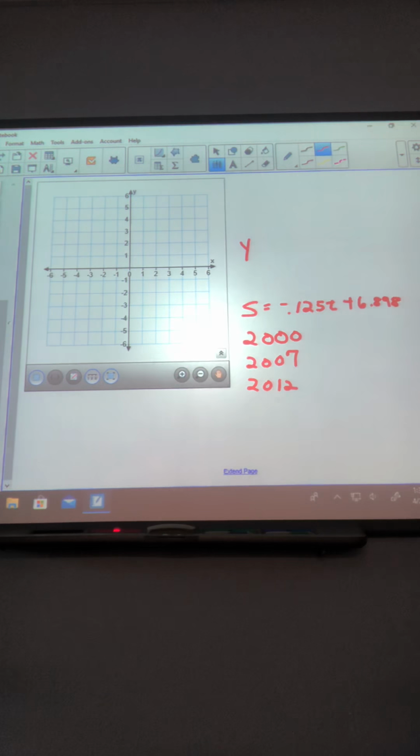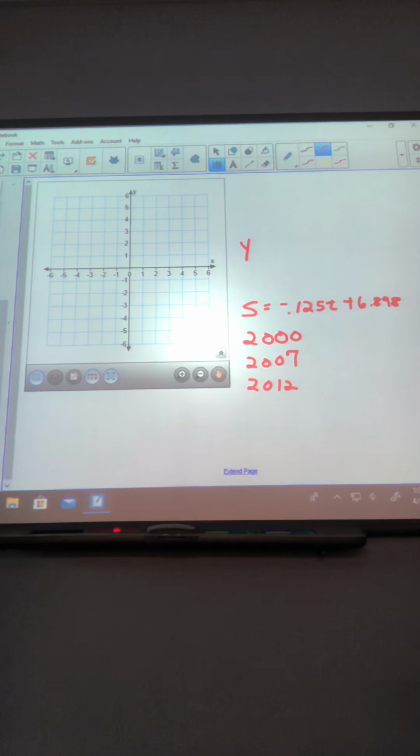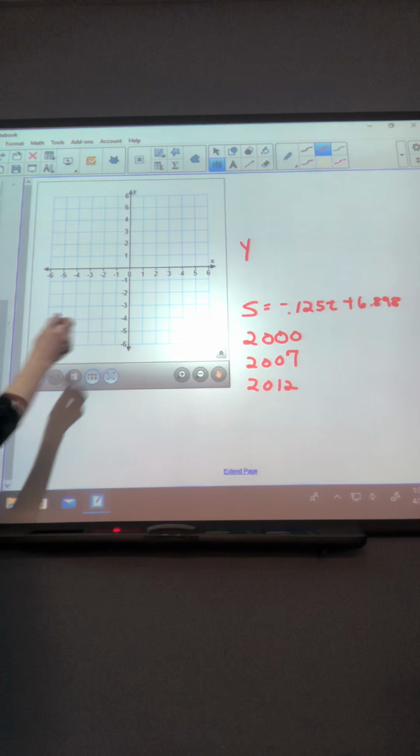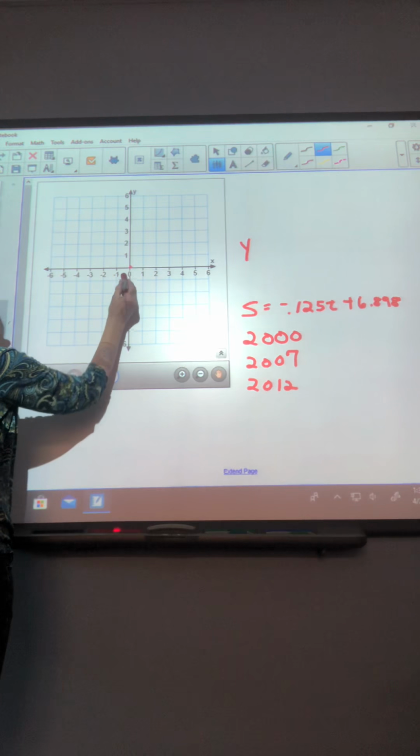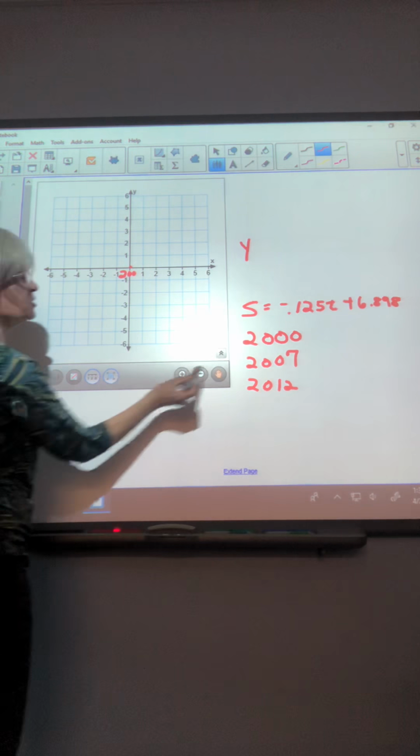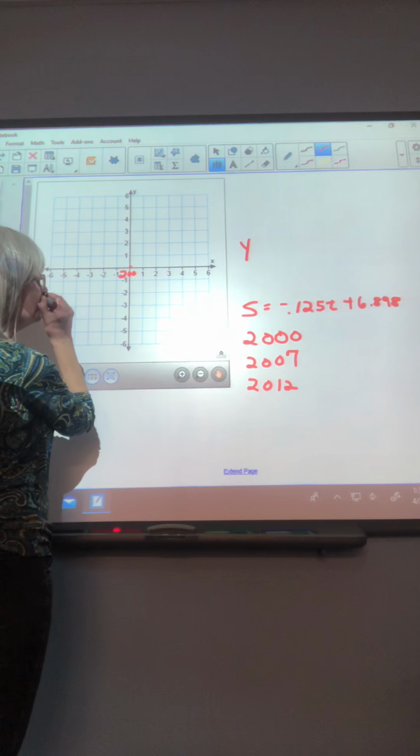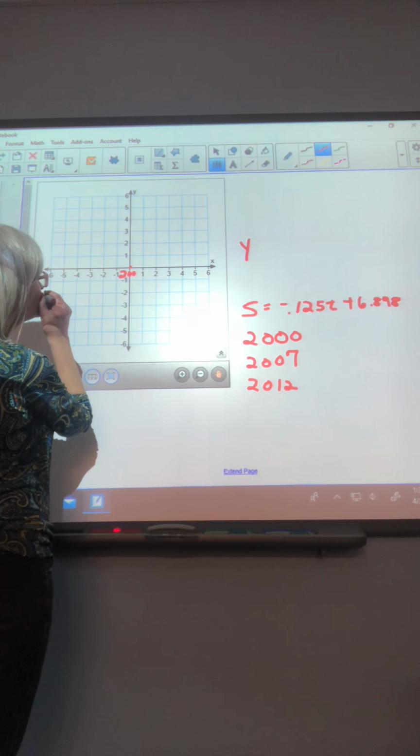So across the bottom of our graph, we're going to be using those dates. And so let's make 2000 be the 0, 0. So this would represent 2000. And so then 2007, let's go ahead and make it, let's see, if that's 0,